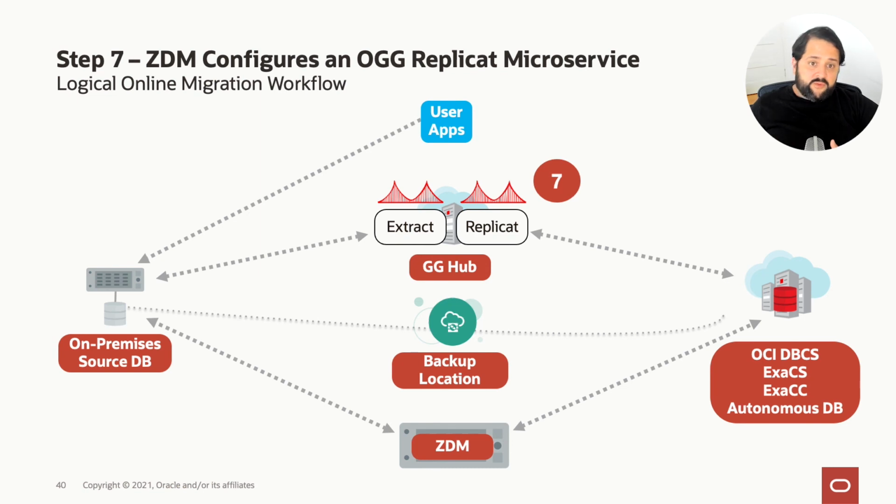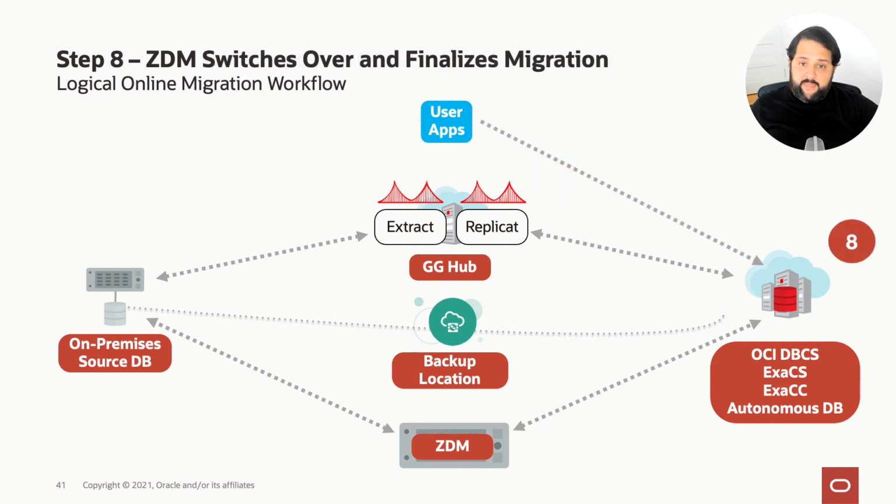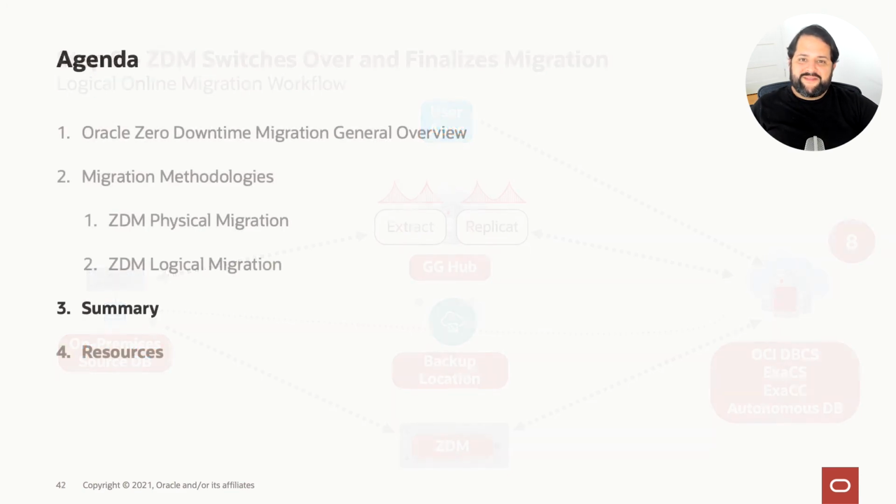Now, once we're good to go, ZDM sees that the source database is ready. It will then proceed with the switchover, and now the application will be pointing to the target database in the cloud. And when everything is good to go, we have performed all the post checks, be sure that the migration is completely fine. What we do then is we proceed to actually finalize the migration, clean up all the different environments, and finalize completely with you having now your database in the Oracle Cloud fully migrated.